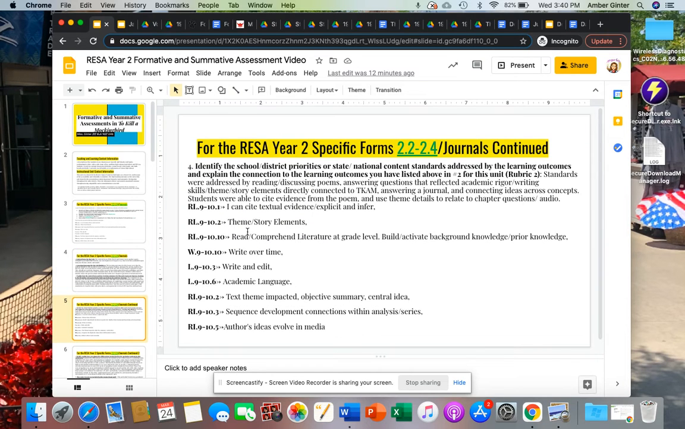Again, I kind of went over this earlier, but the school district priorities or state national content, these were addressed by the reading, discussing of the poems, answering questions that reflected academic rigor and writing skills, themes, story elements that directly connected to the novel. They answered a journal, they connected ideas across concepts. And so they were able to cite that evidence from the poem and use theme details to relate to the